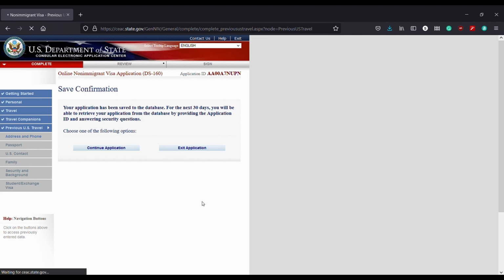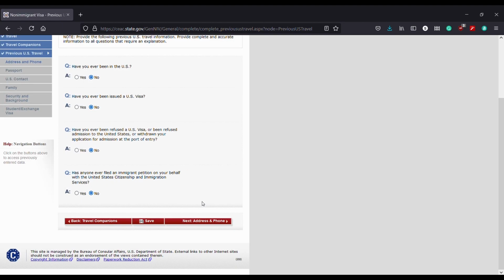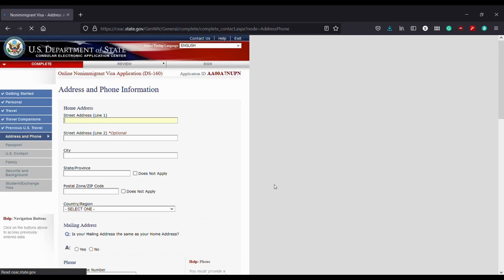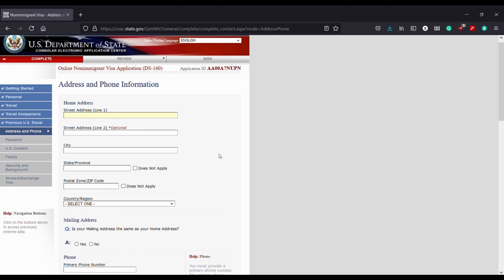The next thing is address and phone. So in address and phone, you mention your street address and your home address basically, where you're currently residing, and mention the country, and finally move on to the phone number and other relevant contact details.